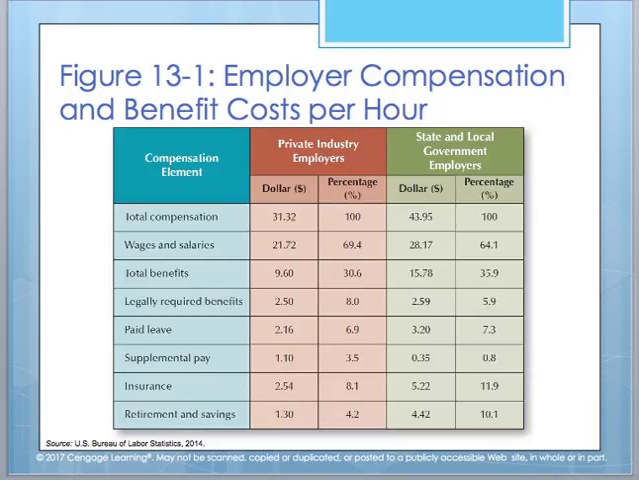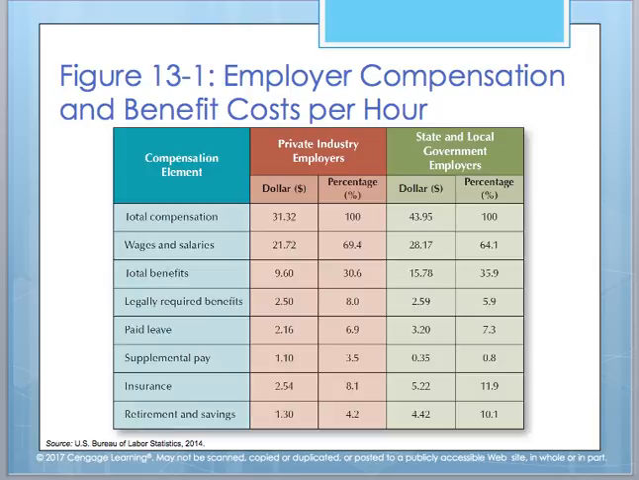It will represent 100%. Wages and salaries will be 69.4%. When you look at your total benefits, so it's all the benefits combined, there's about 30.6%. When you compare that to employers on the state and local government level, you can see where it's a slight increase under total benefits,